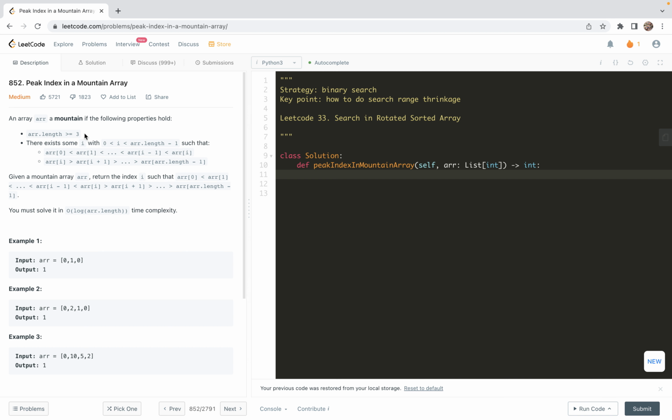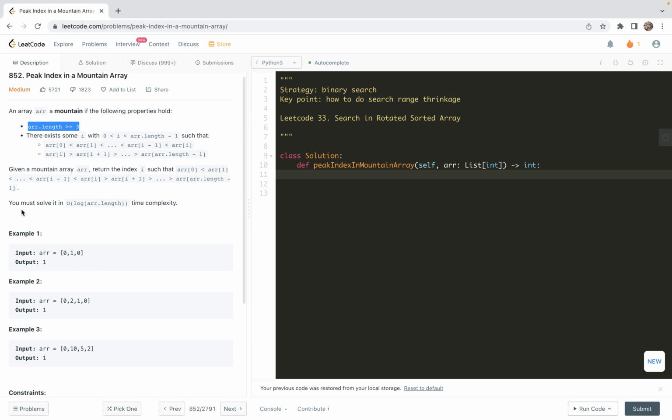Let's have a look at today's daily challenge problem. Problem 852. Peak index in a mountain array. So a mountain array is an array which satisfies the following properties. First, the length is at least 3. And secondly, one part of the array before index i is strictly increasing, and afterwards it